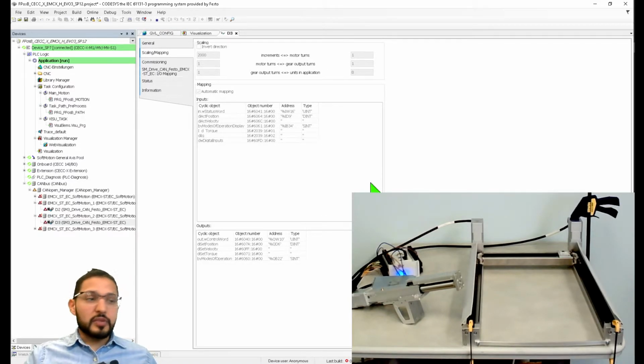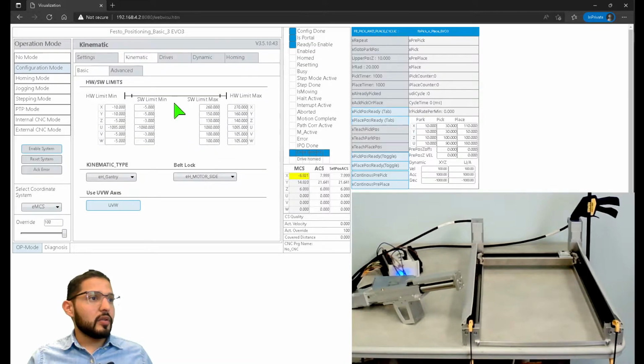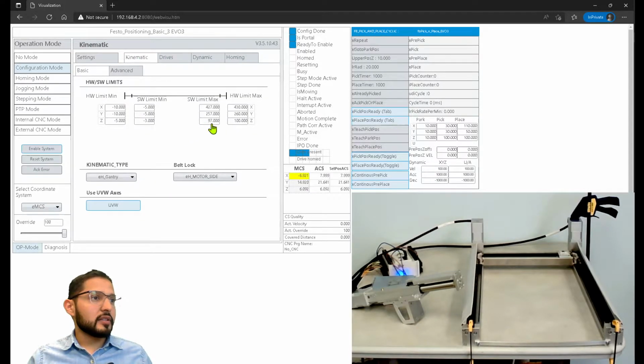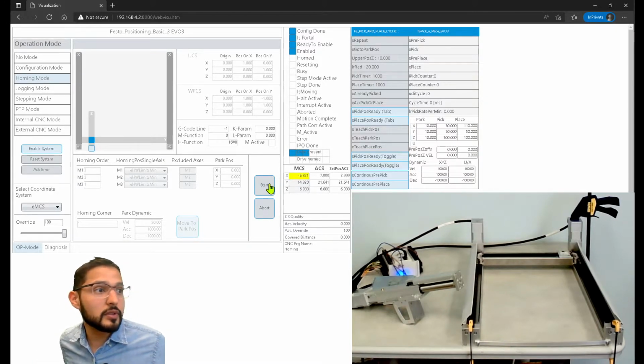All right, let's run the program again, and let's go back here. Configuration mode, we're gonna log in with the password. Log in, then if we have to load the parameter file, and then we go into kinematics, set to 97. Okay, now we're gonna do, let's do that home again. I don't know how that's gonna work out, but let's see. Start,